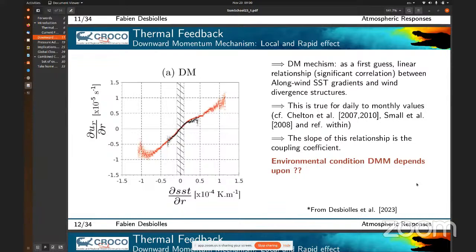Yeah, sure. So you have the downward momentum tends to reduce the wind on the cold part, so onshore. Yeah. And